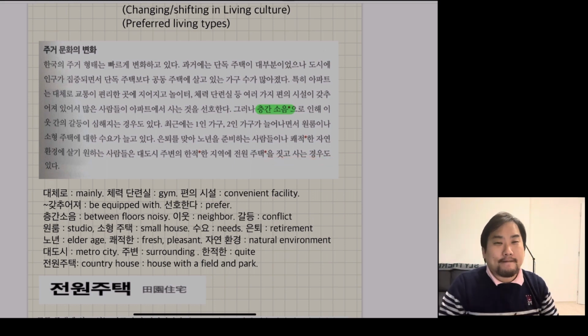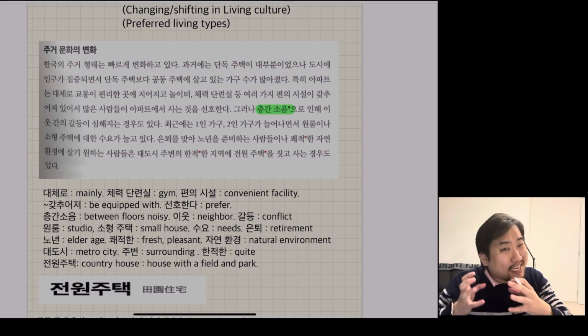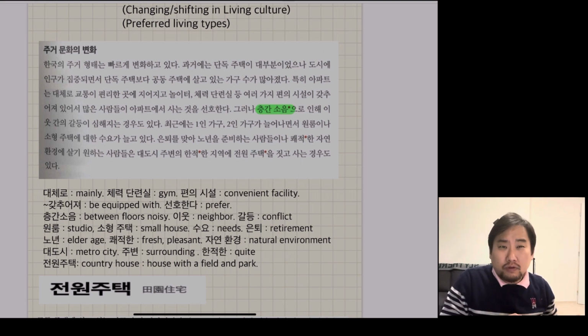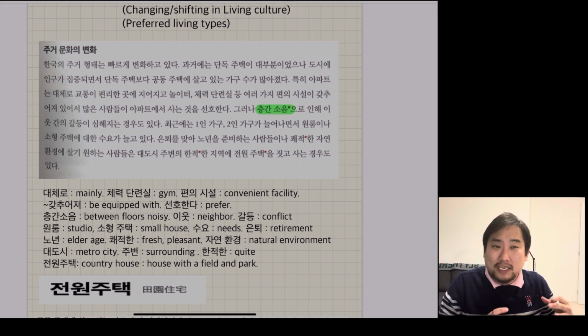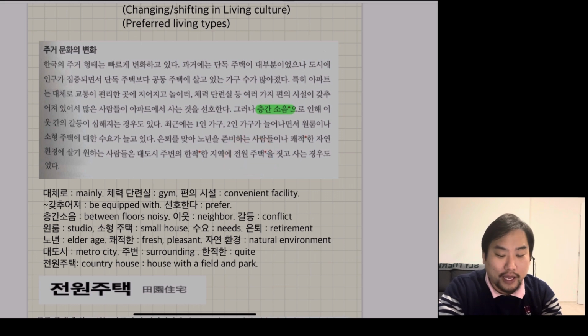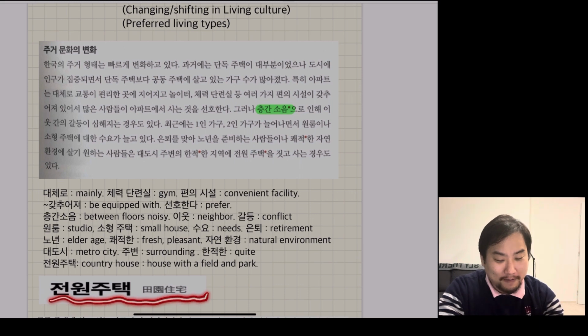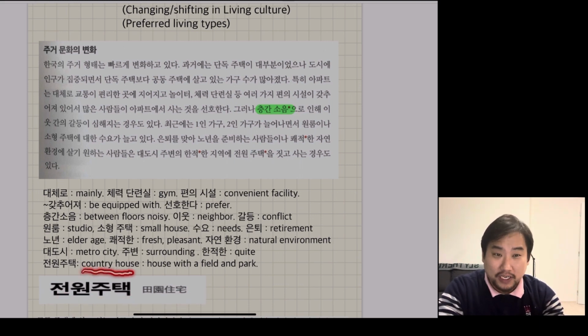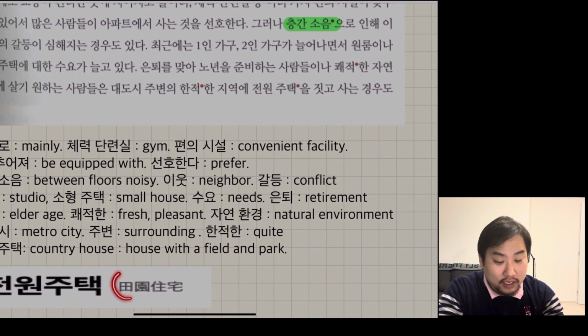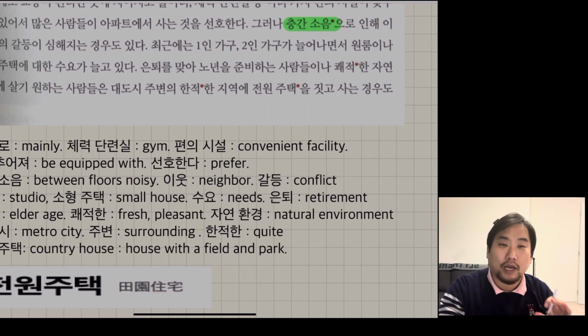So usually the Korean population are concentrated in the center, but some elderly people don't like that noisiness. They are living near around the city with making 전원주택. So 전원주택. So what is the meaning of 전원주택? It means country house. Dictionary say country house, but in the single letter it means house with a field and park. So look at here. 전, it is a field. 원, it is a park. And 주택 is house. House with a field. Wow. Furthermore, house with a park.